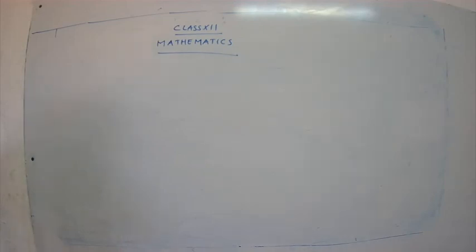So you have to read the question carefully, find out what method is being asked, apply that particular method and get the answer. If there is no method mentioned, then it's your choice to solve the sum. Okay children, so we have started with exercise 1.5 and we have completed till sum number 2. Today we are going to see sum number 3.